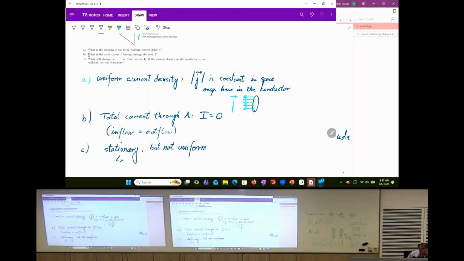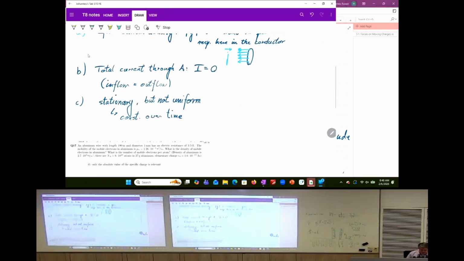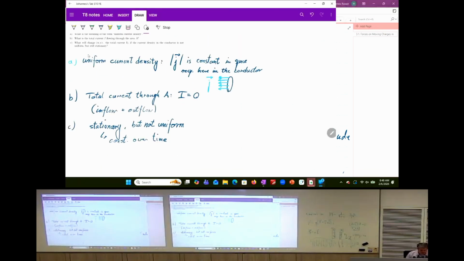Stationary means it is constant over time. So if you look at the cross section of your conductor again, your current density could look like that. For example, you have a high velocity for your charges, or it doesn't have to be velocity, it can be a higher number of